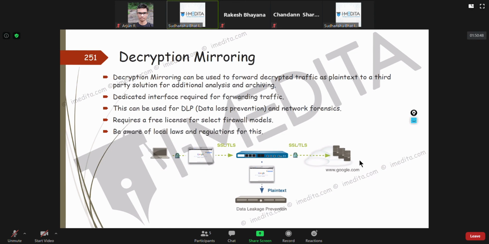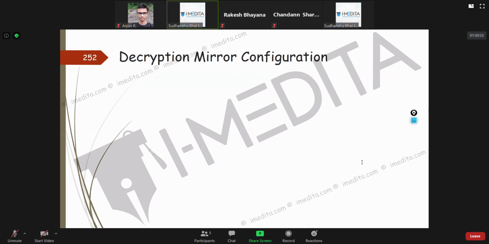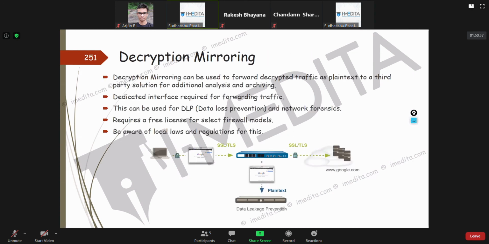Make sure you are aware of the local laws and regulations for this. You might never configure this, but we included it so that you are comfortable. It's not a difficult configuration. You just configure an interface, select the type as decrypt mirror, and done.